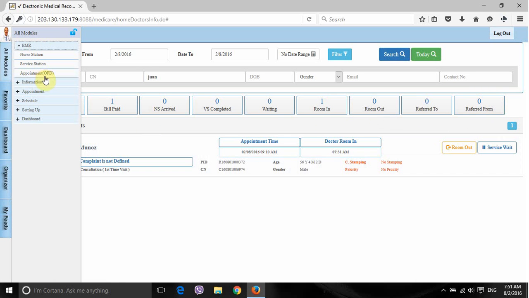Now, without wasting any more time, let us proceed to one of the appointments. As you can see, here is an option. We have got the all modules option on your left side, and you can click on the EMR, which stands for electronic medical records, and we'll see here three options: the nurse station, the service station, and the appointment OPD. Now, since we are making a new appointment for a patient, I'm going to show you how this appointment is made. So I'm going to click on the appointment OPD option,